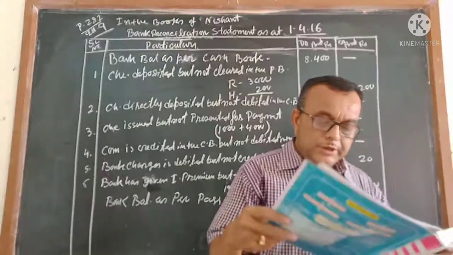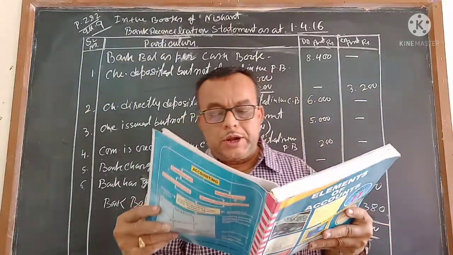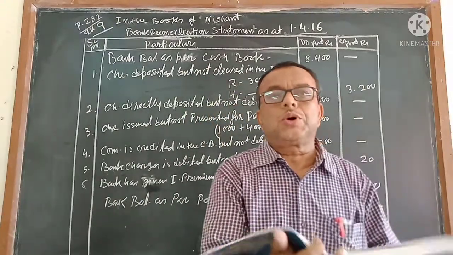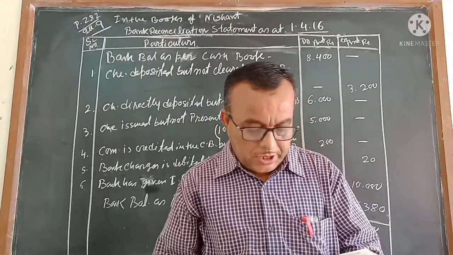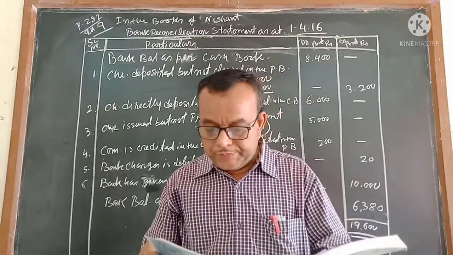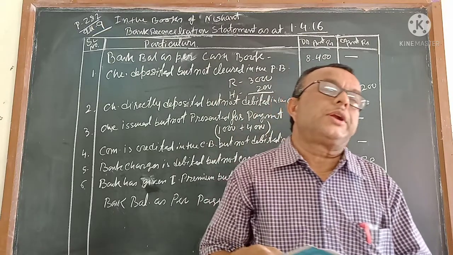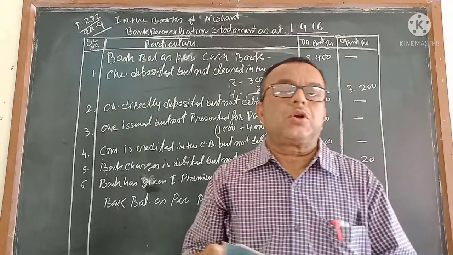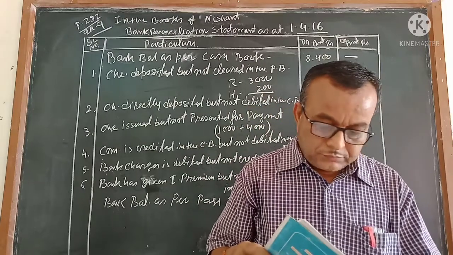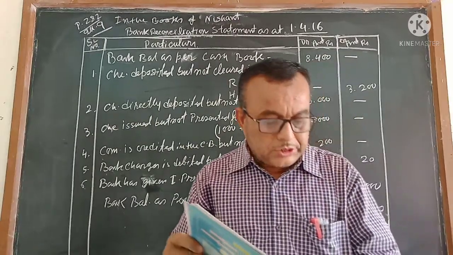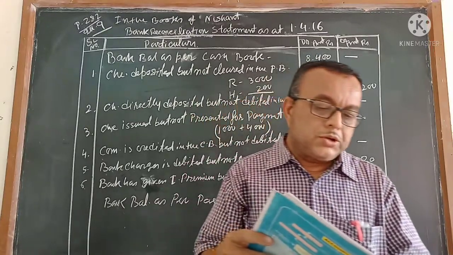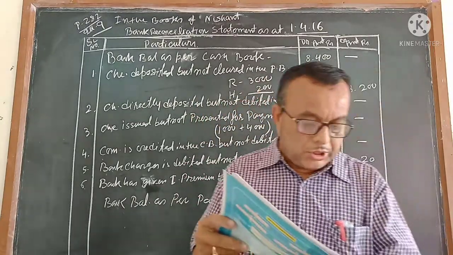So first we write bank balance or bank overdraft as per passbook, or bank balance as per passbook credit. Anyone can write either one. Bank overdraft as per passbook, that is the debit column, is coming 37,410. It will come in the passbook's debit column, and in the cash book's credit column. Okay, it will be overdraft. Next, we have to check each amount, whether it is recorded in one book or not recorded in the other book.